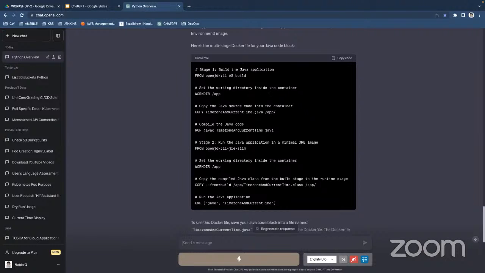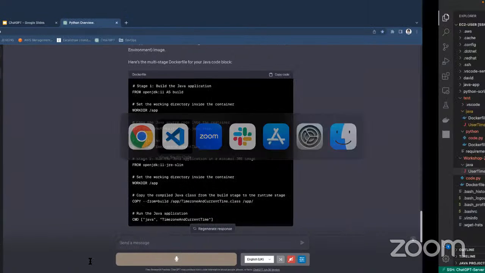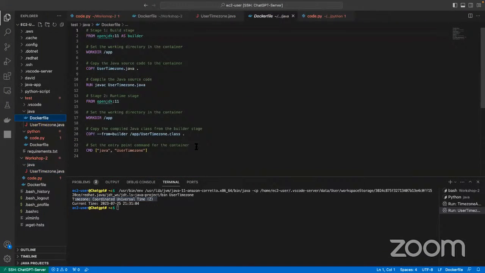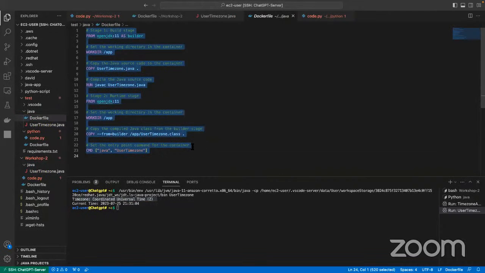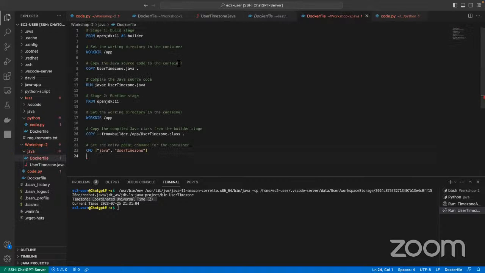Okay, so I'm going back here, just getting the content of my Dockerfile. So under Java, I'm just creating a new Dockerfile here. Hit enter. You see, it has been written here.